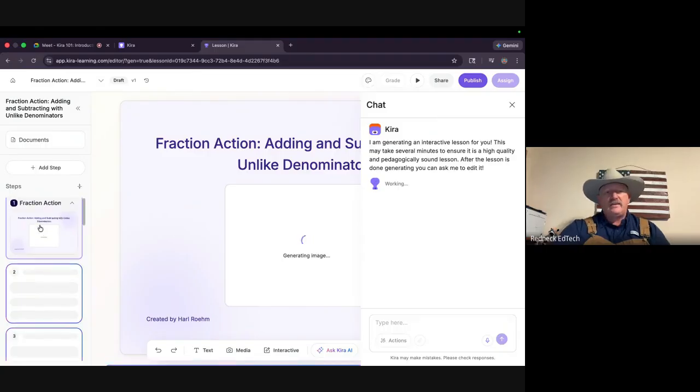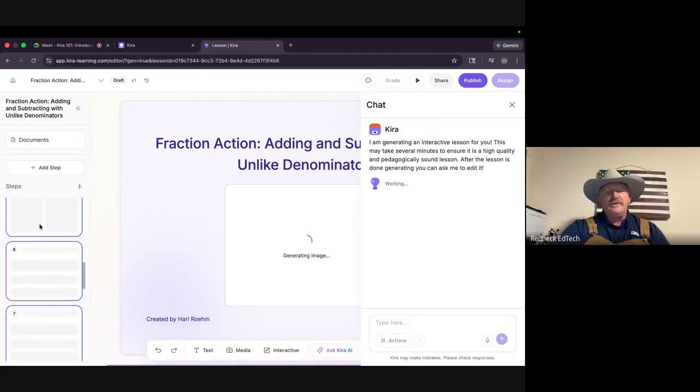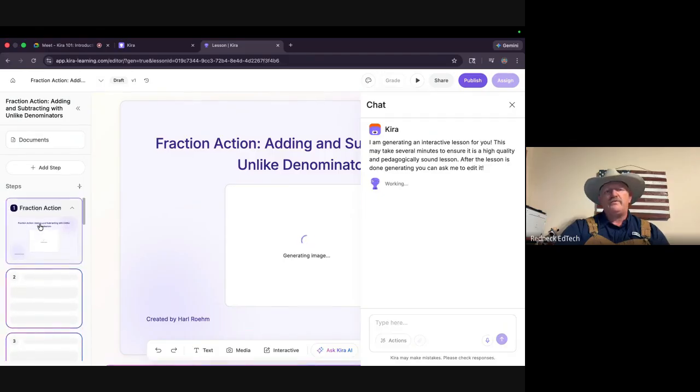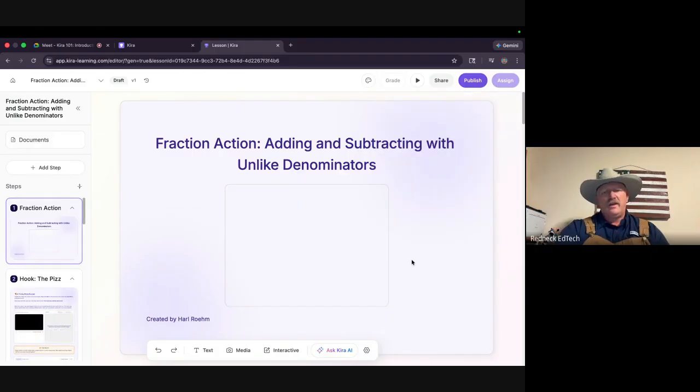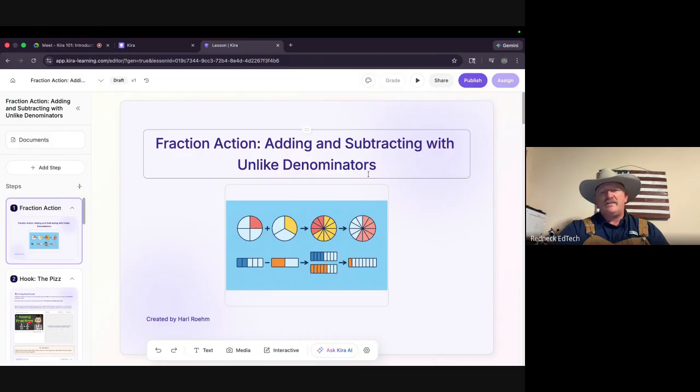Over here on the left side, this is the actual interactive lesson that it's going to build. It's working its way through it right now. You've got to understand, all of this is going to be filled up with material for those students. This chat window right here, well, that's to assist you with the details that you're not 100% comfortable with. And I'm going to walk you through that too. But I'm going to close that window for a second. Right now, what I want you to look at is this here in the middle.